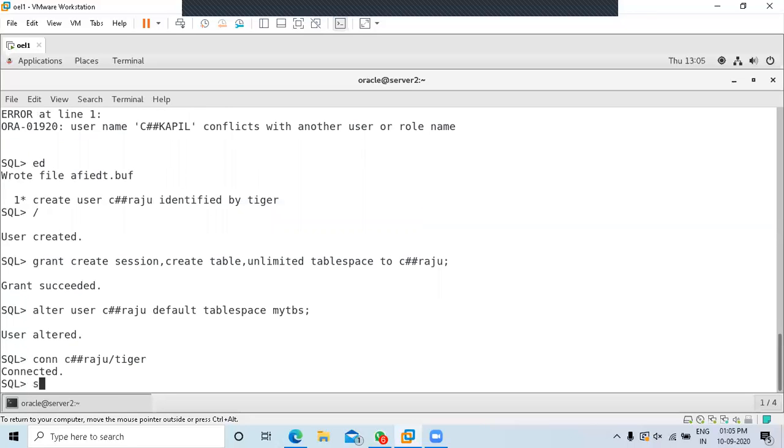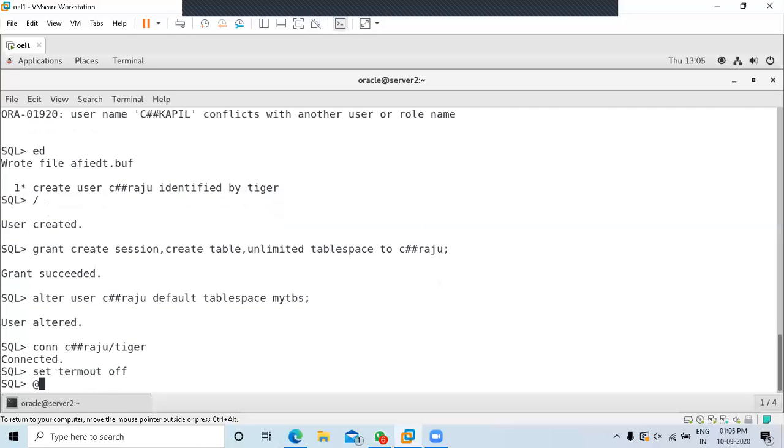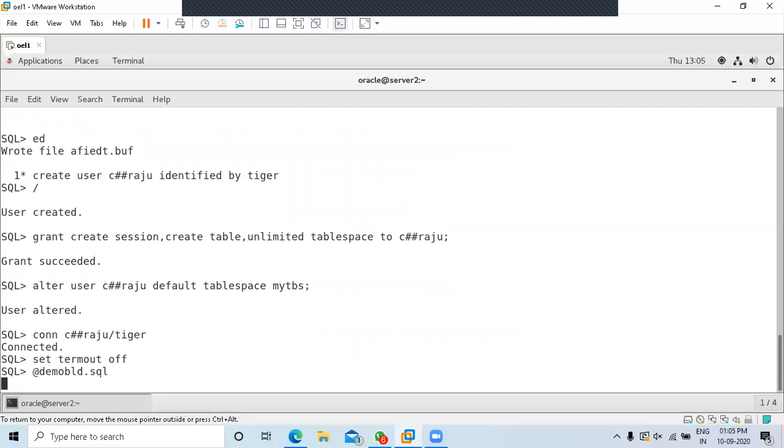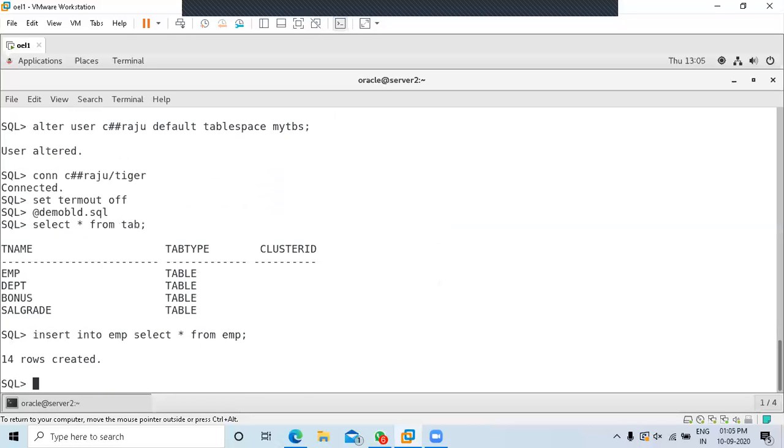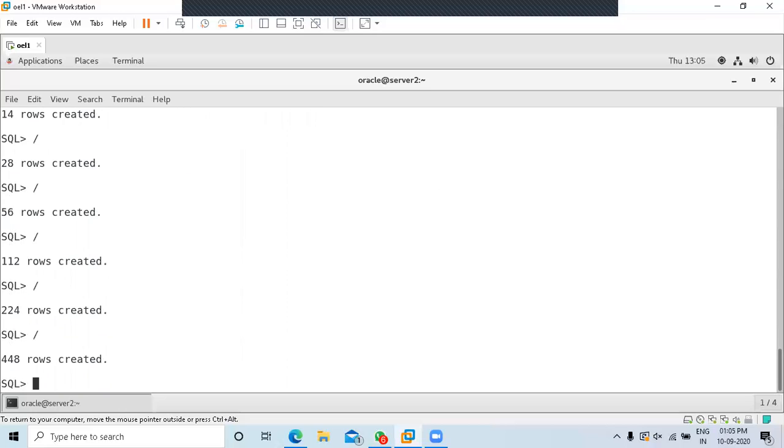Run demobld.sql with set termout off. Select star from tab. Now just insert data in these tables. Already there is some data, so add more data: insert into EMP select star from EMP. Insert some thousands or lakhs of records until both the data files are filled up with data.